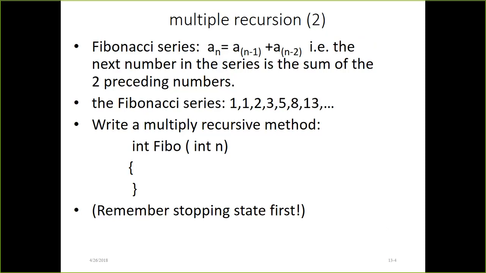If this is 1, 2, 3, 4, 5, 6, 7, this is 7, then this will be 6 plus 5, right? The 7th Fibonacci number is the sum of the 5th Fibonacci number plus the 6th Fibonacci number, right? So it will return Fibonacci of n minus 2 plus Fibonacci of n minus 1. This is the return. That's one line. If you understand this,